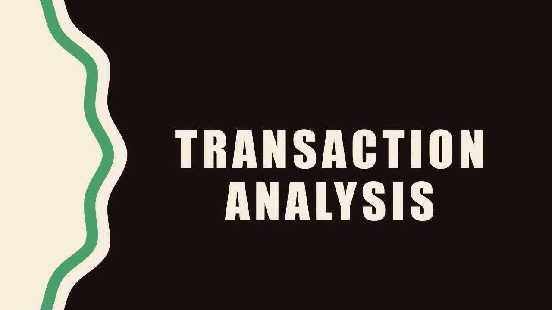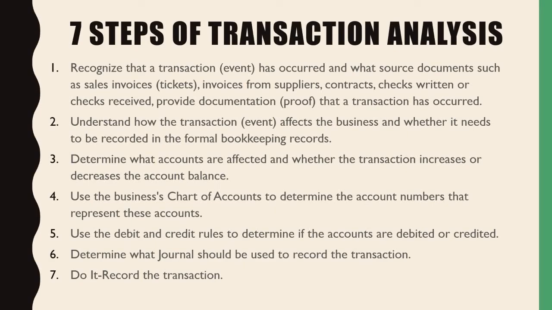So then now we can talk about transaction analysis. Okay? So transaction analysis. This is where we're going to take a transaction and we're going to go through a series of questions. In this case, a 7-step process to determine whether a transaction needs to be recorded in the general journal or not. All right. So step number 1, okay, is going to be when you have your source document, of course,